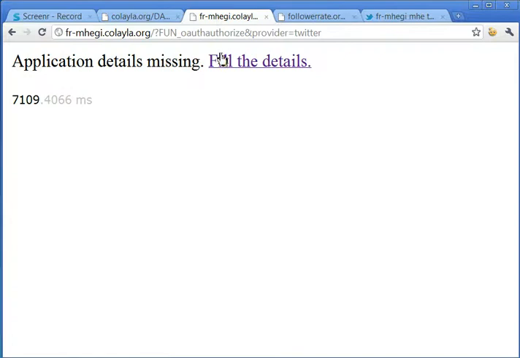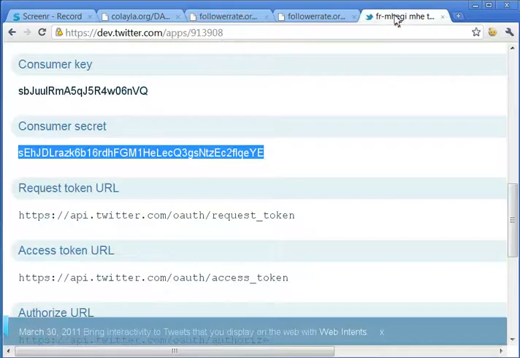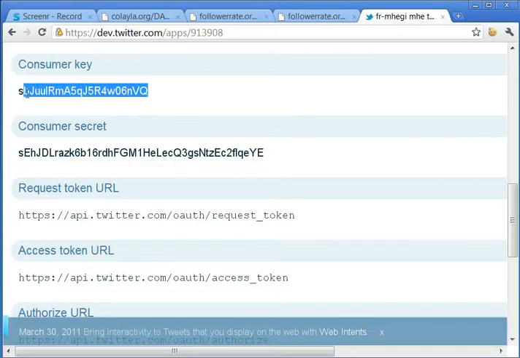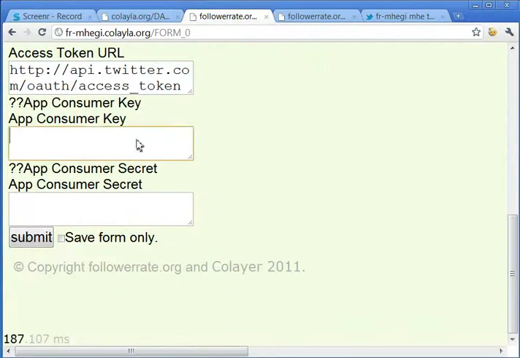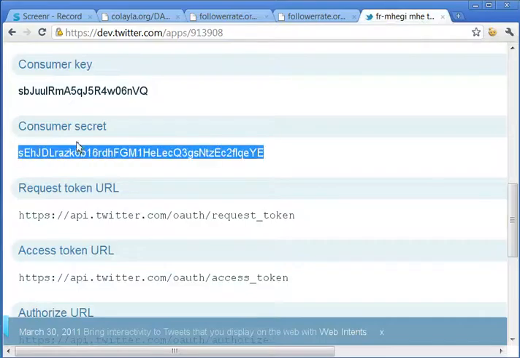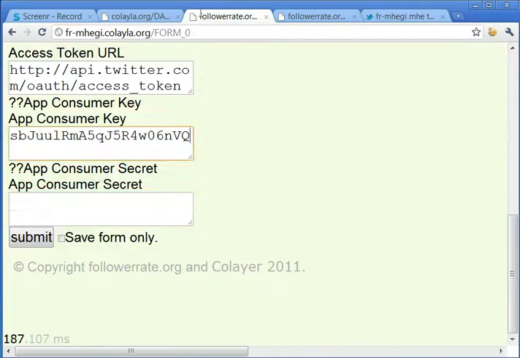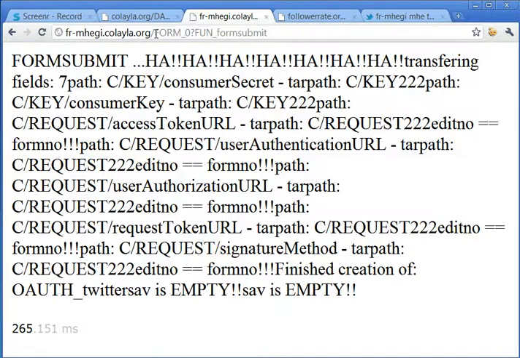If you try to do that the very first time, you have to fill in application details. Why and what this is, I will tell you in the next video, but I have actually already prepared them here, so I just fill them in. Again, this you only have to do the first time, to connect basically your application to a Twitter application. So, and once you have done this,